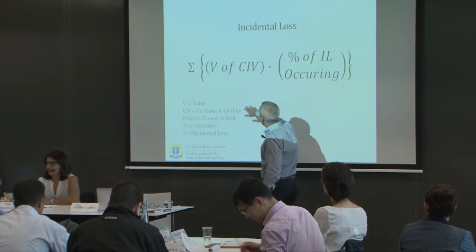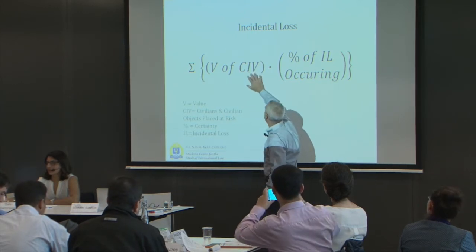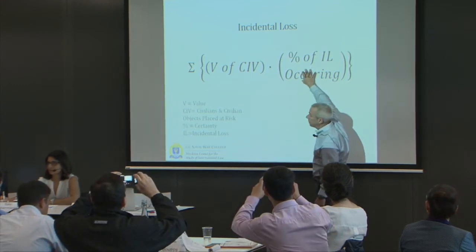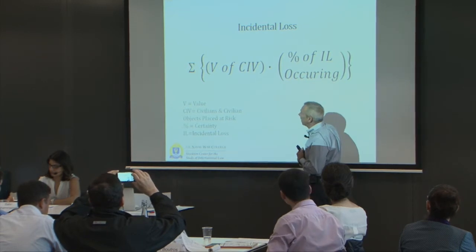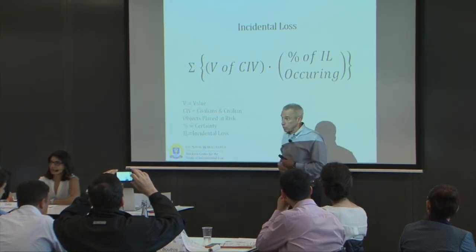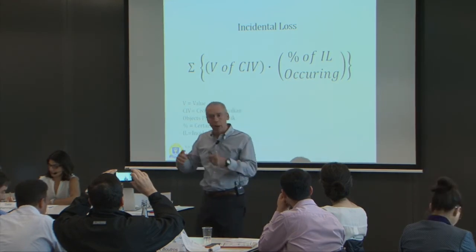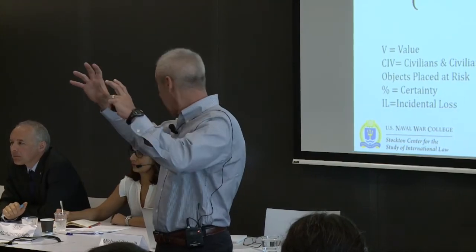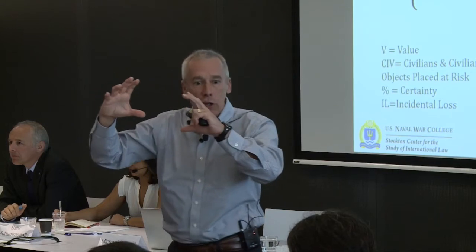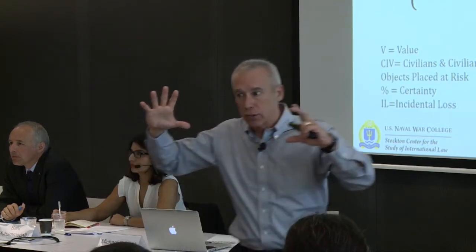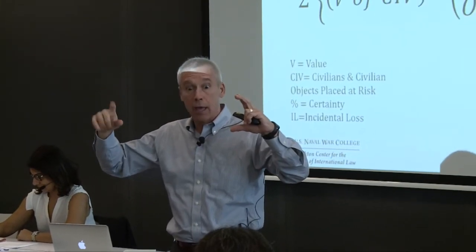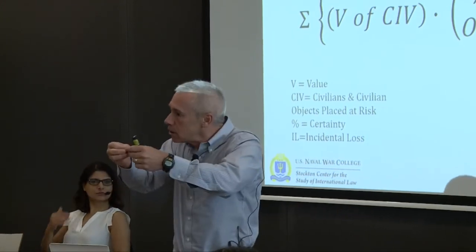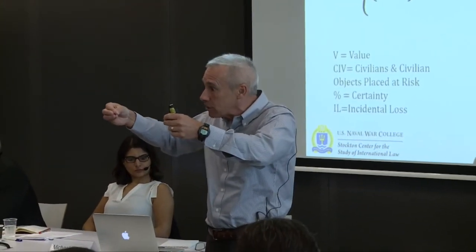What do you do? You look at the value of the civilian or civilian objects, and you consider that in light of the certainty that that individual will in fact be harmed as a result of your operation. Do you remember last night when I was talking about collateral damage estimate methodology and I was talking about inner annulus and outer annulus? If someone is close to the target, they count as one, but if someone is at a greater distance from the target, you don't count them as one in the collateral damage methodology. Why? Because the bomb blast, the force dissipates over distance.